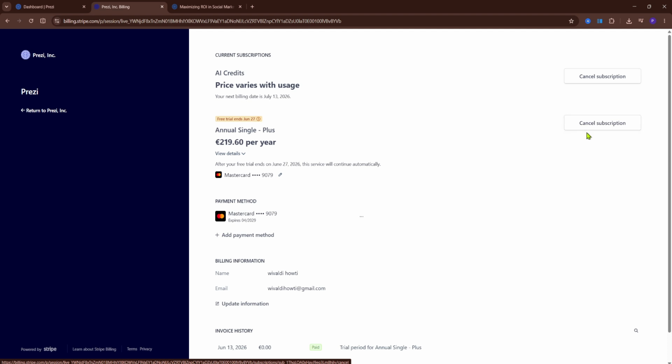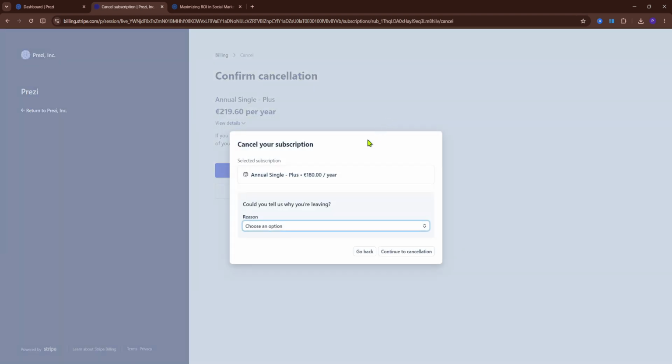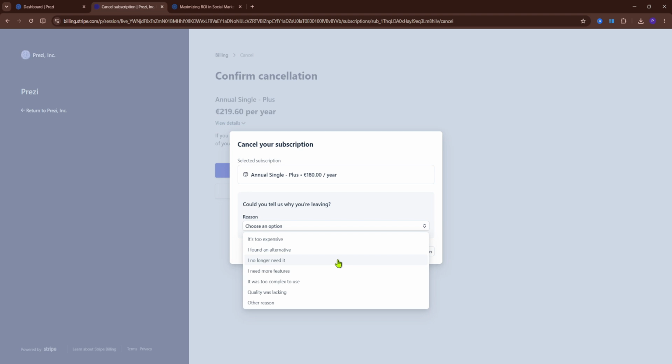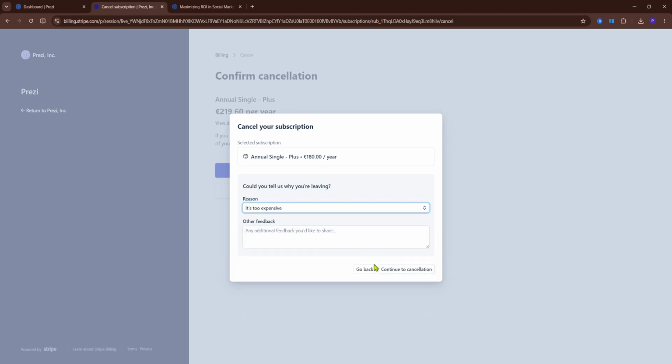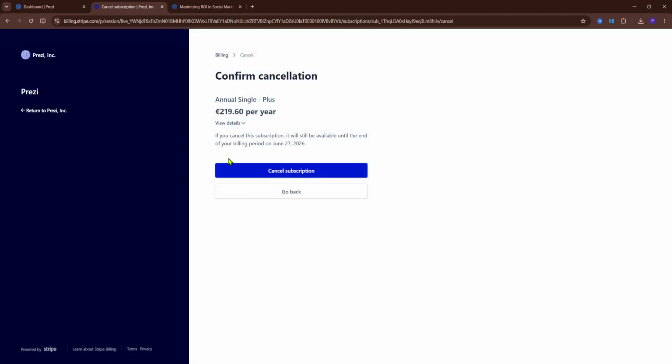And what you're going to do is just cancel subscription. Here what we are going to do is we need to tell them why. So it's too expensive, for example, and then continue to cancellation, cancel subscription,